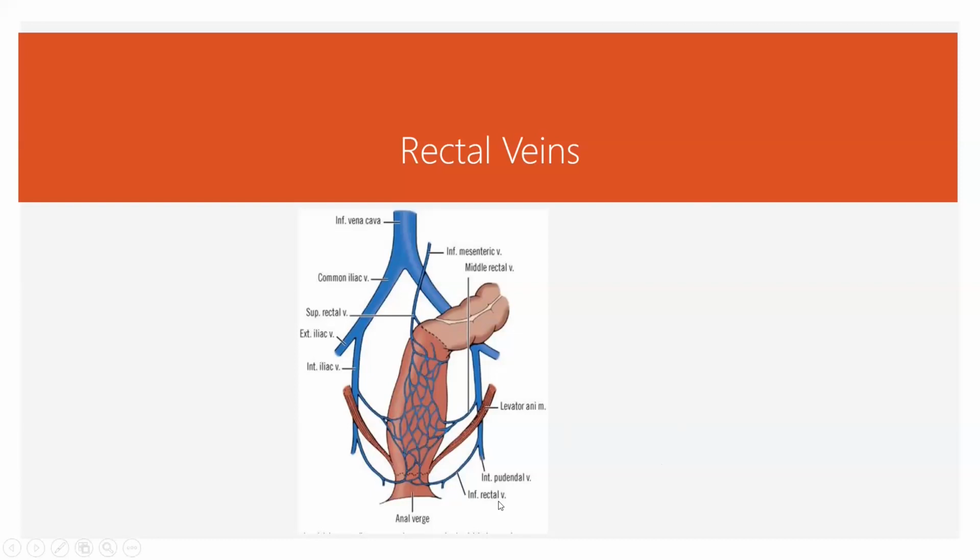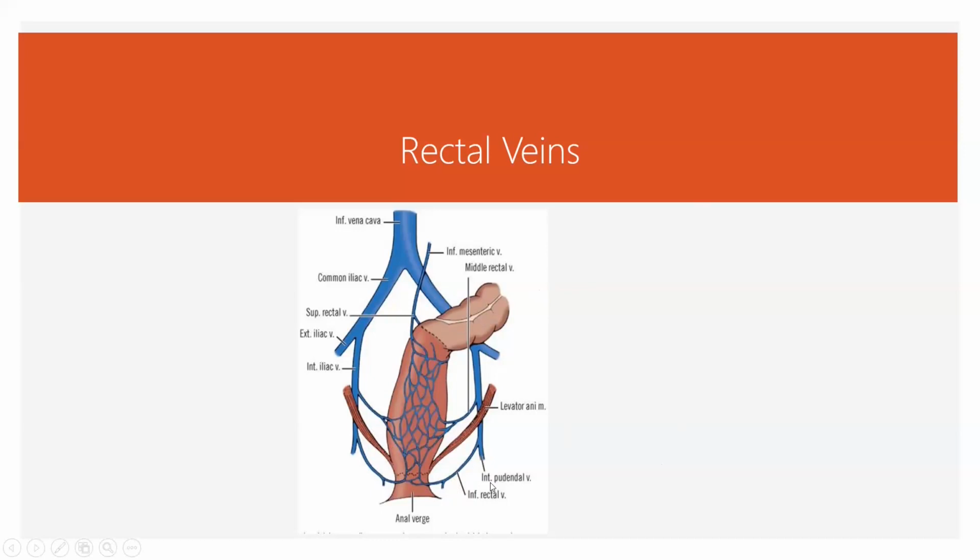Drainage. So a hemorrhoid is a vein, right? It's a vein that's dilated, enlarged, painful, problematic. And so this is like the hemorrhoidal plexus there. And the lower third of the rectum and anus is drained by the inferior rectal vein that